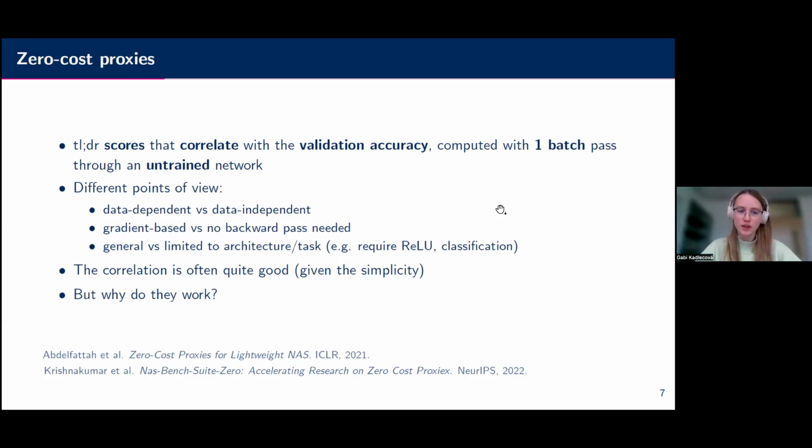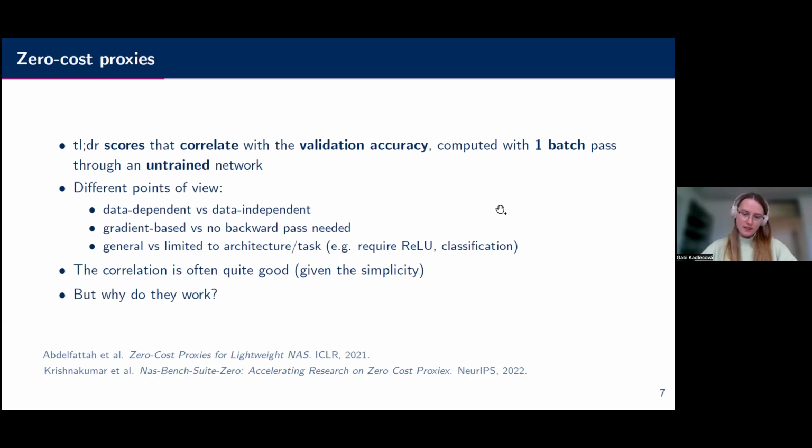And then also, of the published zero-cost proxies, some were more constrained due to a specific architecture, like for example, NASWOT requires you to have ReLUs in the architecture, somewhere for classification. So if you want to apply a zero-cost proxy to your problem, this kind of division is something that you want to think about because, for example, if you cannot do a backward pass, then that's kind of tough to apply a zero-cost proxy.